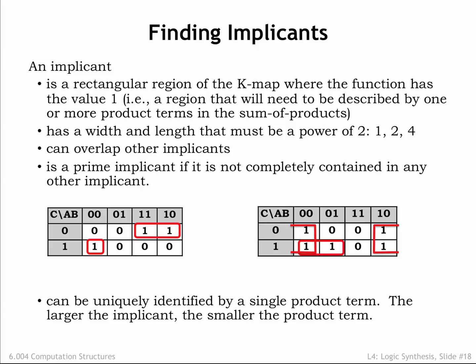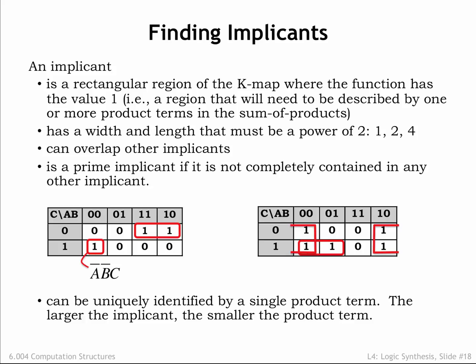Each implicant can be uniquely identified by a product term, a Boolean expression that evaluates to true for every cell contained within the implicant and false for all other cells. Just as we did for the truth table rows at the beginning of this chapter, we can use the row and column labels to help us build the correct product term. The first implicant we circled corresponds to the product term not A and not B and C,